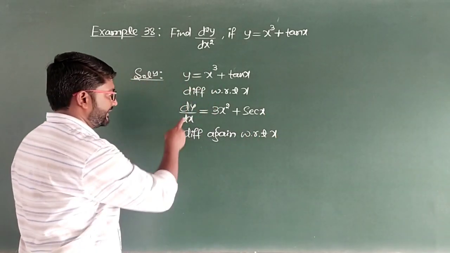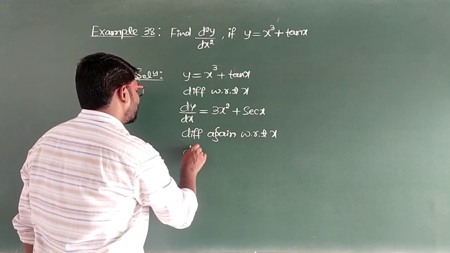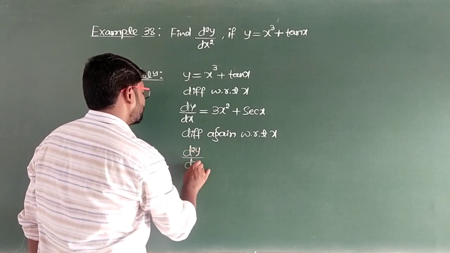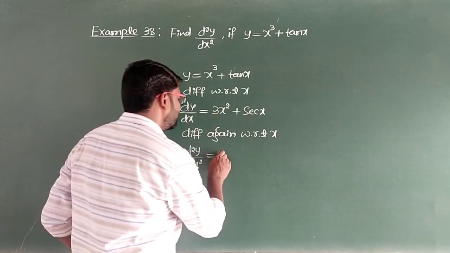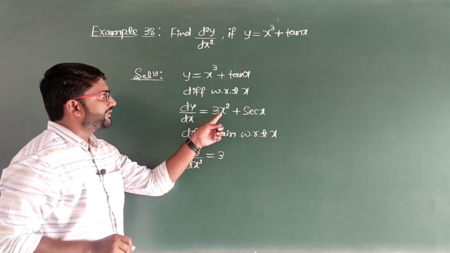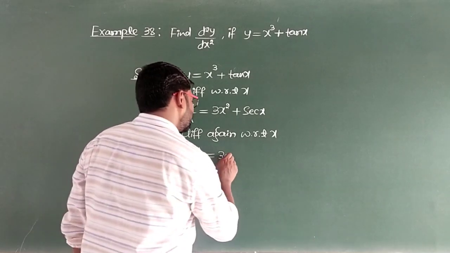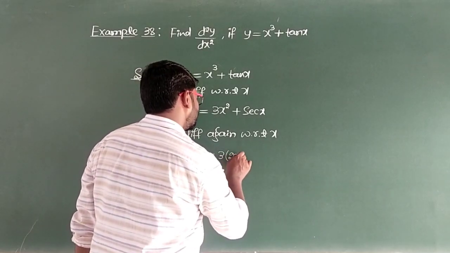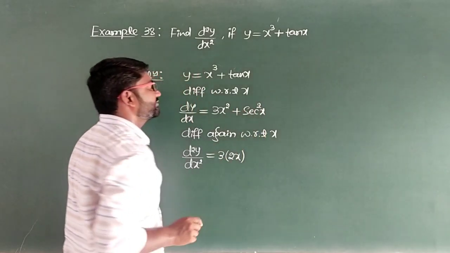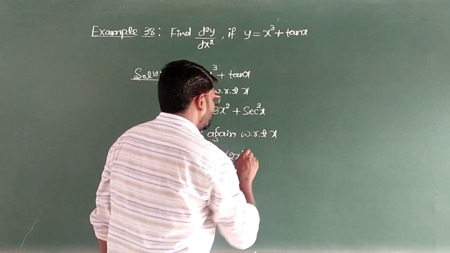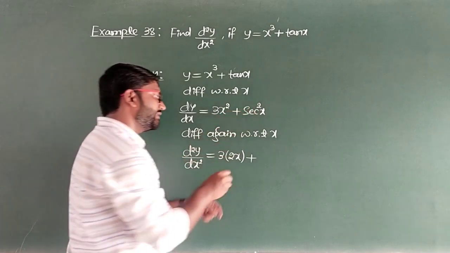So here we get d square y by dx square, which is equals to 3, write it as it is, then derivative of x square it will be 2x. So it will be 2x, then plus secant square x, then plus now derivative of secant square x will be 2